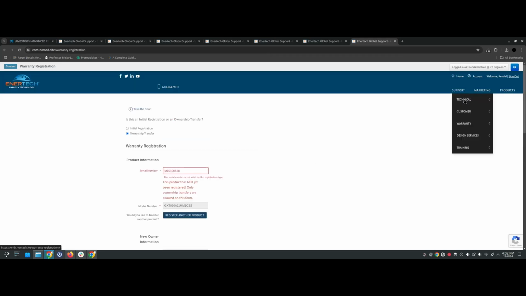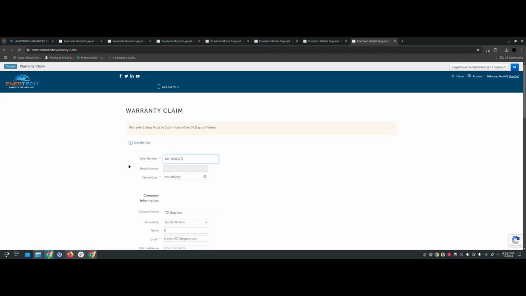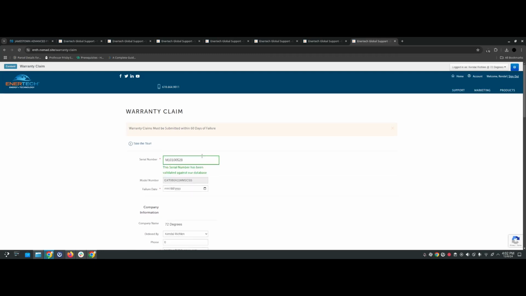If something breaks in the future, I have the ability to go in and actually initiate a warranty claim. So entering that same serial number, whether or not I registered it, we can check against their backend systems, make sure we have the right model number and details. I can go in, throw in the actual date of failure, see the other warranty cases that are pending,